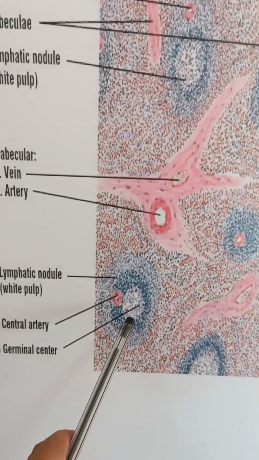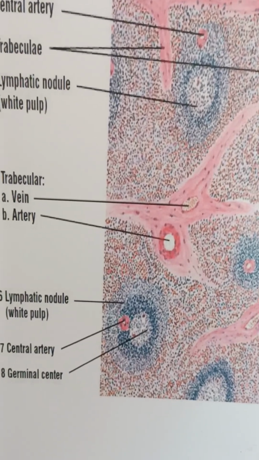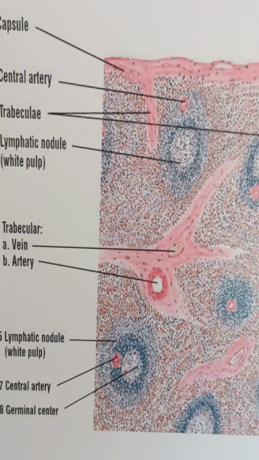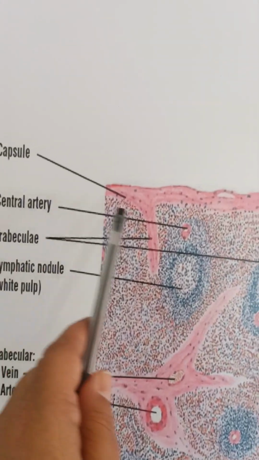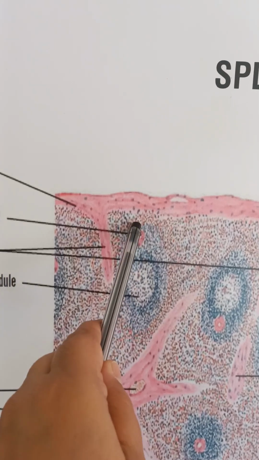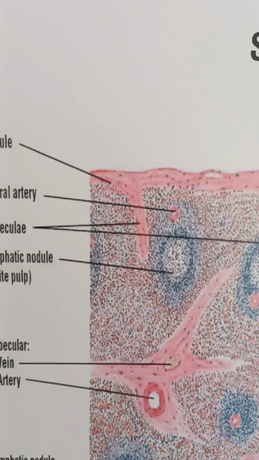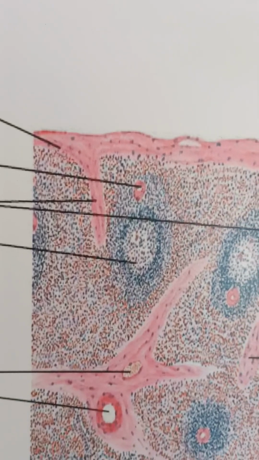Now let's concentrate only on the white pulp. One single white pulp, let's see. That is nothing but the lymphatic nodule. You can see that there is an arteriole. Can you see, that is called the central artery? So this is the central artery. Even though it is eccentric, we call it the central artery. Why do we call it the central artery? It is called the central artery because,